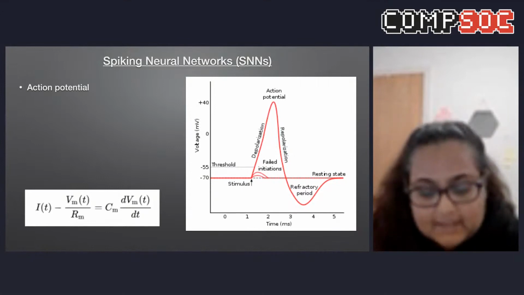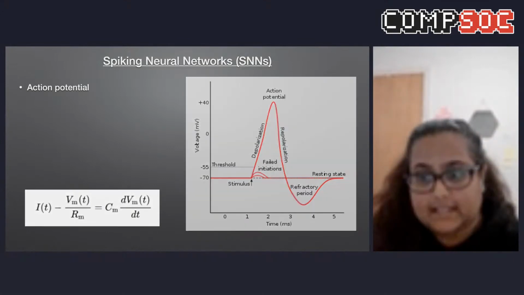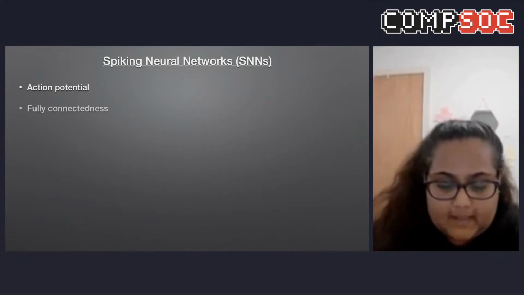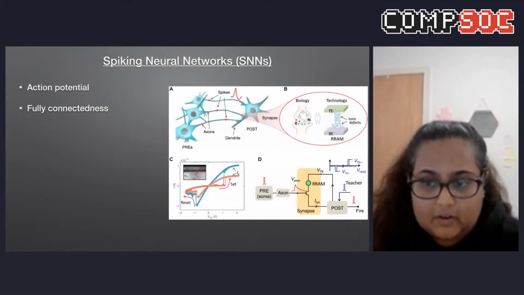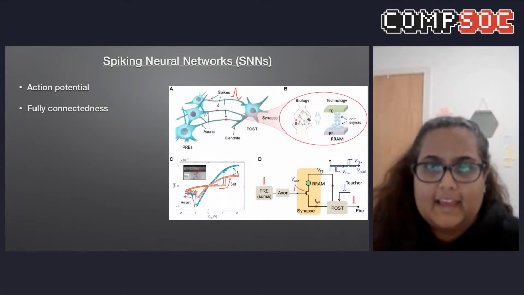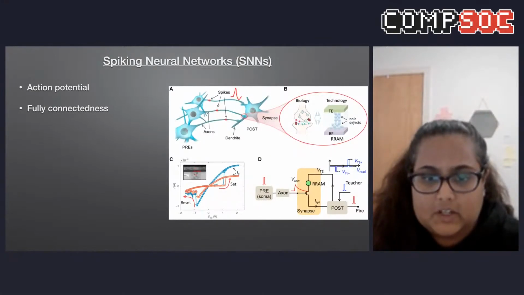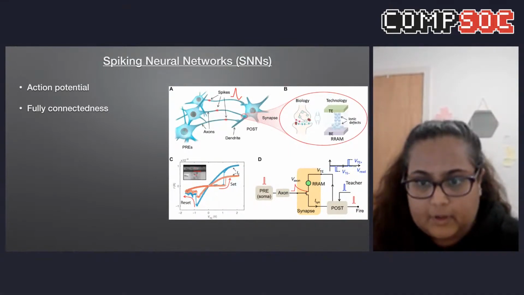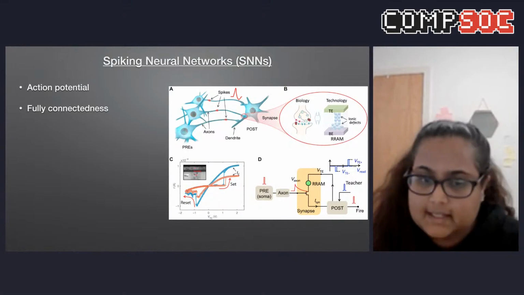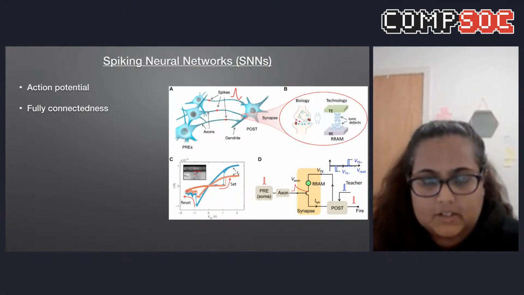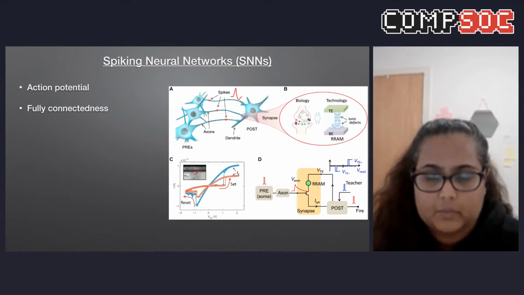Moving on, this behavior ties into the property of connectivity. And this means that each neuron in each layer can, if it's fully connected, each neuron will be connected to every neuron in the previous and forthcoming layer. But with these spiky neural networks, that doesn't happen because that doesn't actually mimic the structure of neurons in the brain.